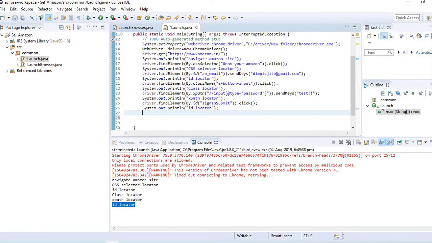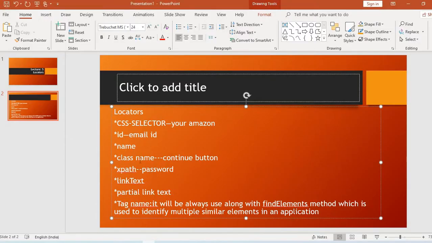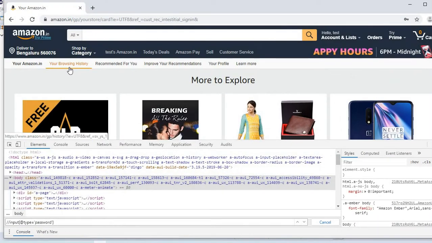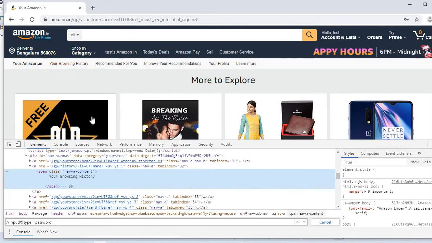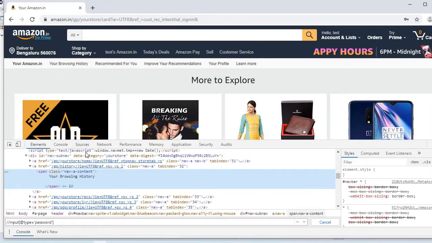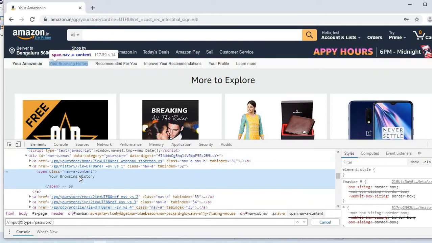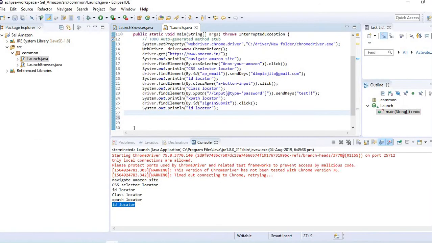Now next locator is name, link text, partial link text, tag name. So what we need to do, or suppose we want to click here. Okay, your browsing history, inspect this one. Your browsing history is a URL, means it will navigate you to another page. This one is correct, your browser history. Correct. So suppose we use the